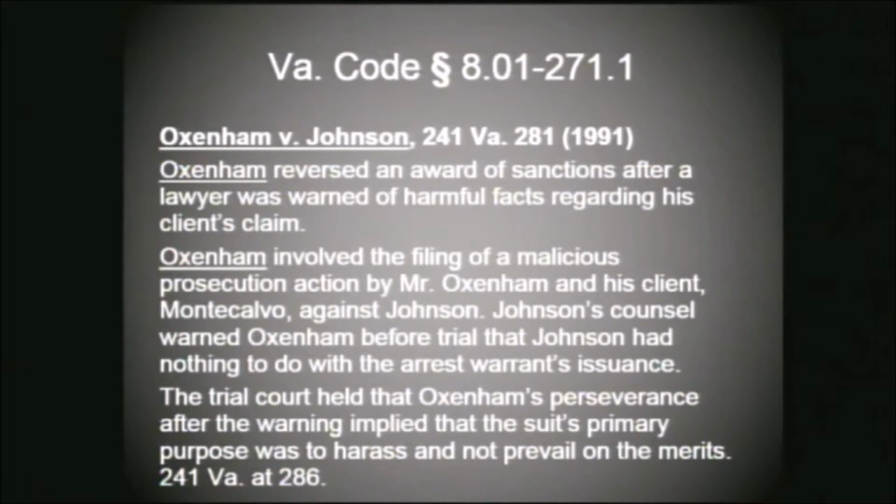And what Oxenham did is he filed the malicious prosecution action against the person named on the warrant. Person named on the warrant lawyered up. We'll call them, I forget the name of the agent actually, but we'll call them Agent Johnson. He files on Agent Johnson. Agent Johnson lawyers up, scares up 3 witnesses, and then they let Oxenham know, hey, look, these 3 people said,